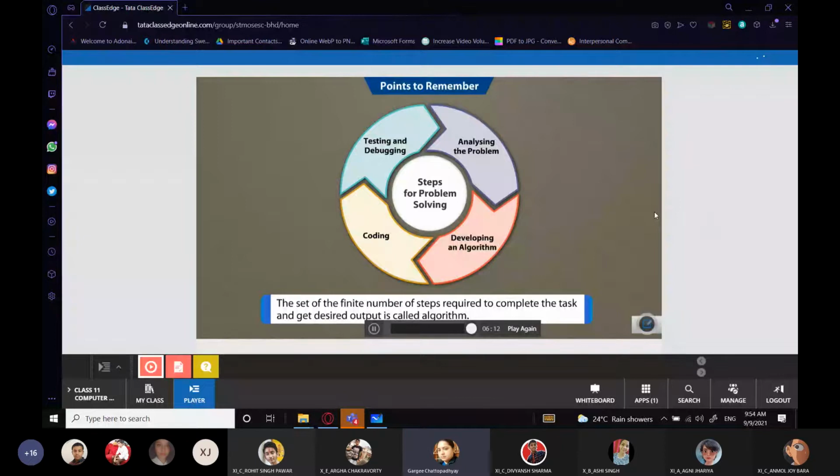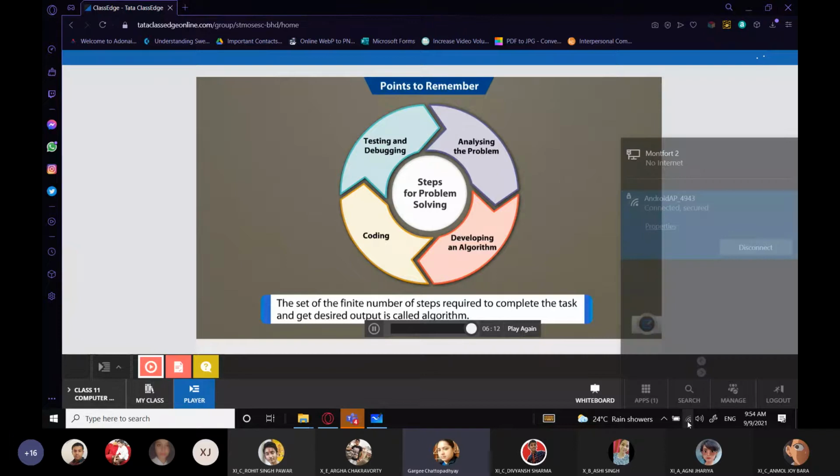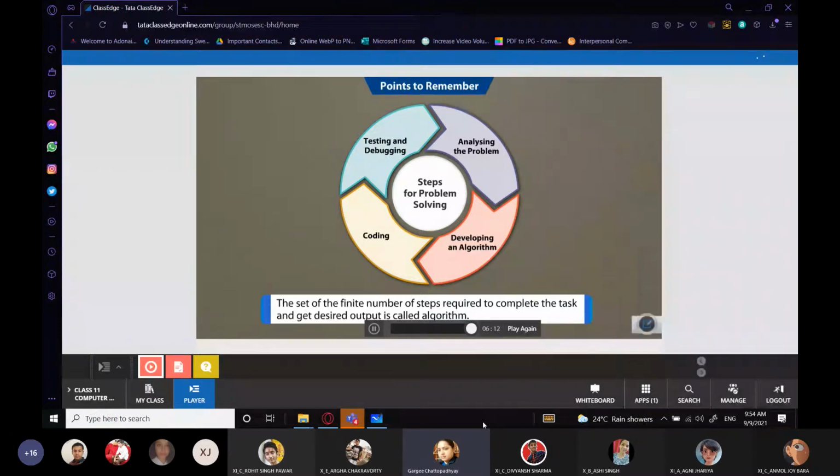For example, let us take the case of the simple interest program. In the simple interest program, what all things do we need? What do we need to do? We need to just ask the user for the principal amount, the rate of interest, and the time period. And we need to apply a certain formula to calculate the simple interest.